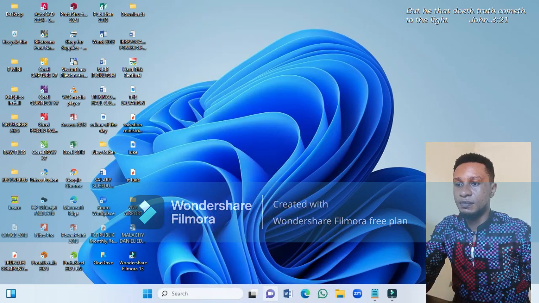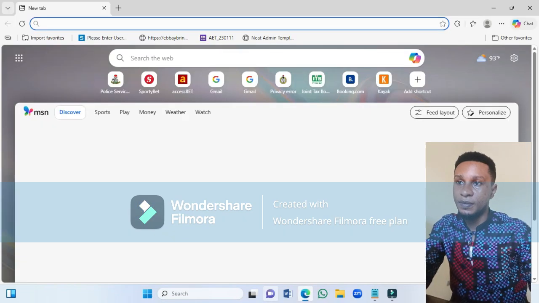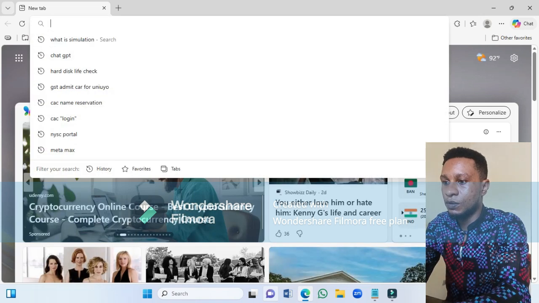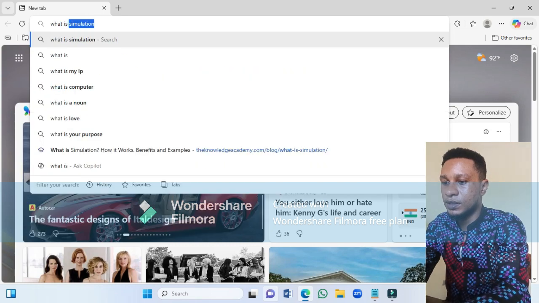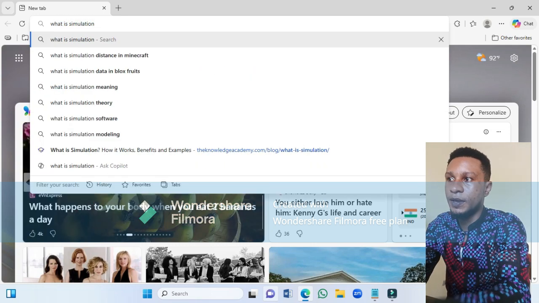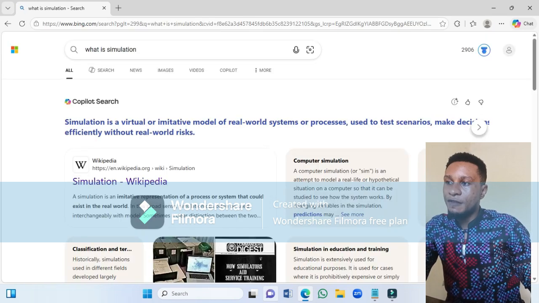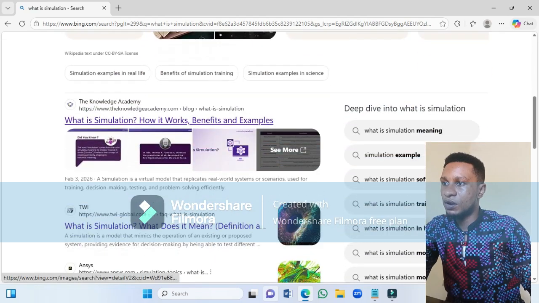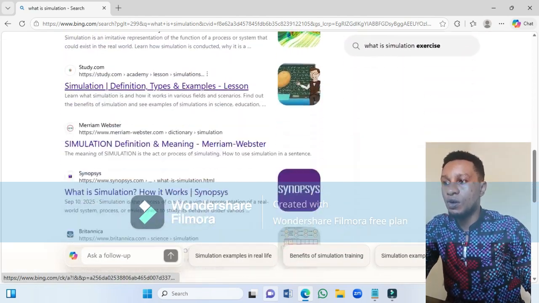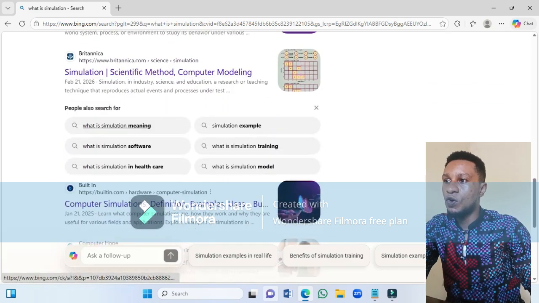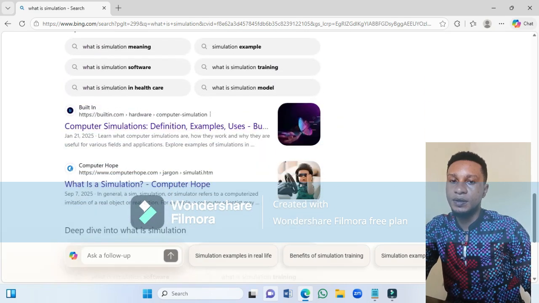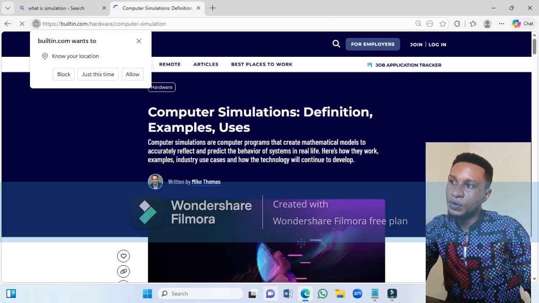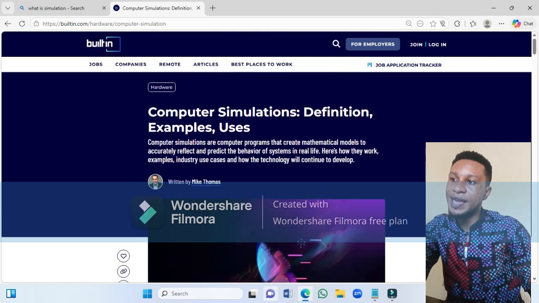So for instance, let me Google something. I was googling what is simulation. Now after googling, I have seen different sites like Wikipedia, the Knowledge Academy, like this. Depending on which one you want, assuming I want to open the one given by this built-in, I will click it, and if I'm reading through and this particular site gives me exactly what I